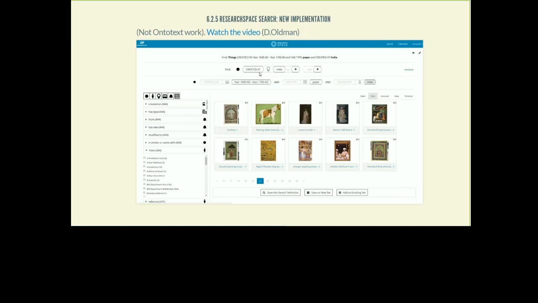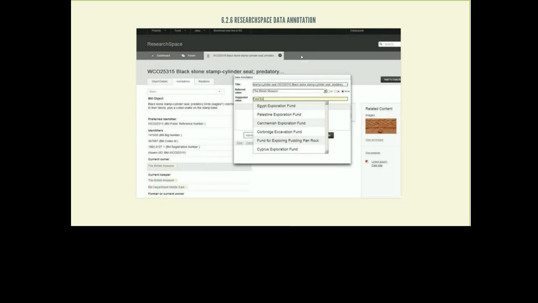So here we're saying created at India, but before that we already said created within a certain period, and we selected the type of object paper. And again, you have the facets on the left. Please watch this video, it's very nice, gives you a whole overview of how you can save searches and relate an object to a saved search of places and various niche tricks like this.